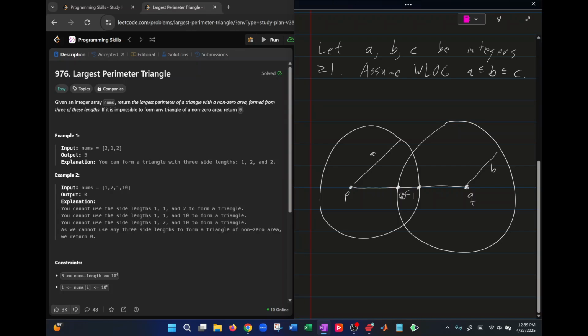Okay, so the intersection of this circle, I'll just call it this circle on the left. The intersection of this circle on the left with the line segment between P and Q has a point which is to the right of the intersection of this circle with the same line segment. And then between these 2 points,